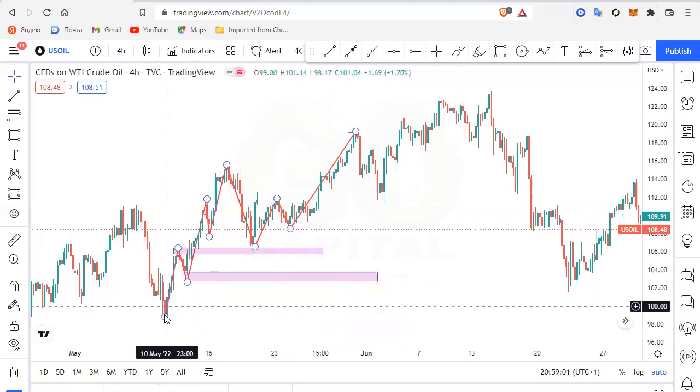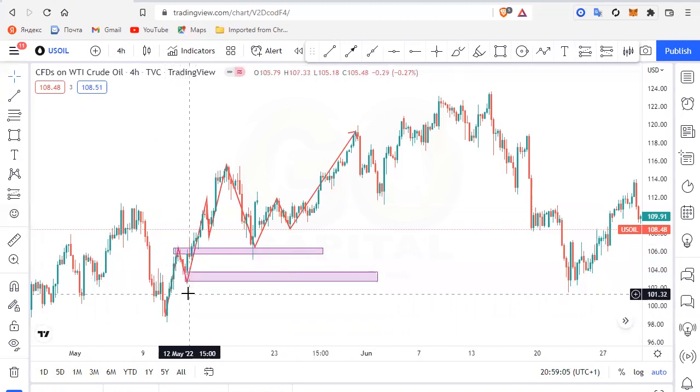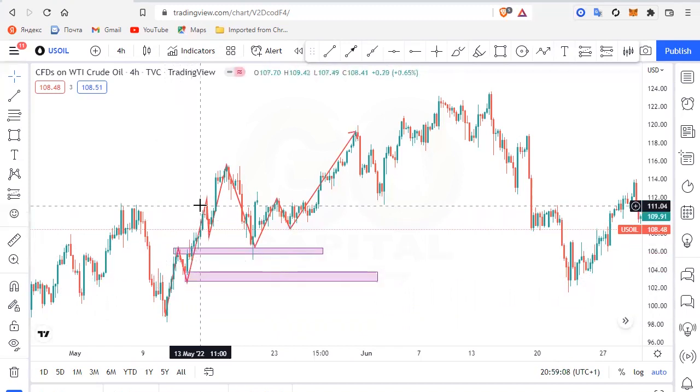Just know that when the market moves from a low to a high, it must come down a bit, and then after it comes down a bit, it will go up again. Now if this